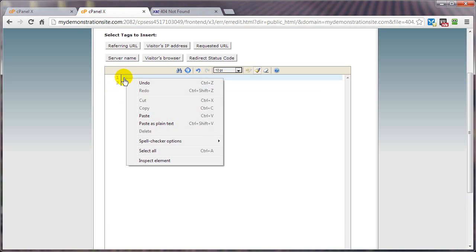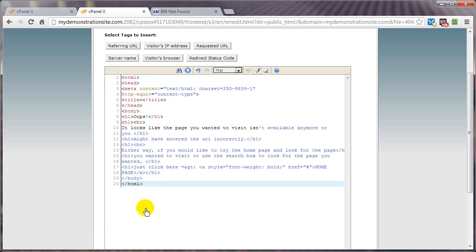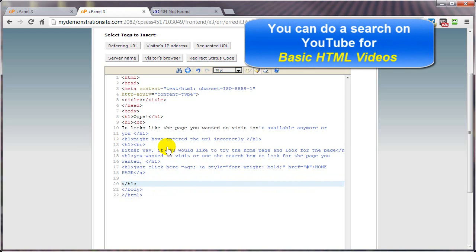Now in this case, I just put my cursor right up here at the very top, click on paste, and all the stuff right here will show the exact same way as it did on Composer. Now if I wanted to, I can come on down here, and this video is not on HTML, so I'm not going to bother too much on what all these codes and stuff mean, just showing you that you can do this. I'm going to put in here,